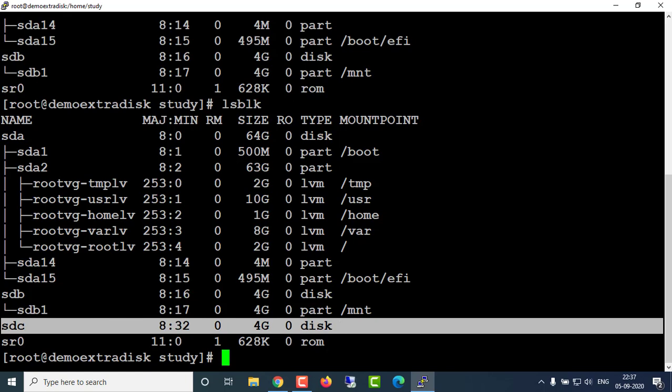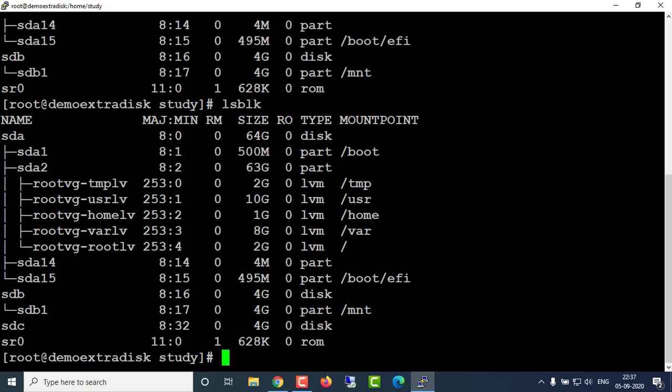So we have attached this 4 GB disk, but we can't use it as of now, because we have to create the file system first. Then we have to format this disk, assign the partition size. Then we have to mount it with our virtual machine. So first step, we ran lsblk and checked that we got the sdc disk. After that we have to check whether a file system is created for this disk or not. If we have already created it, then we can mount it. If not, then we have to create the file system for that.